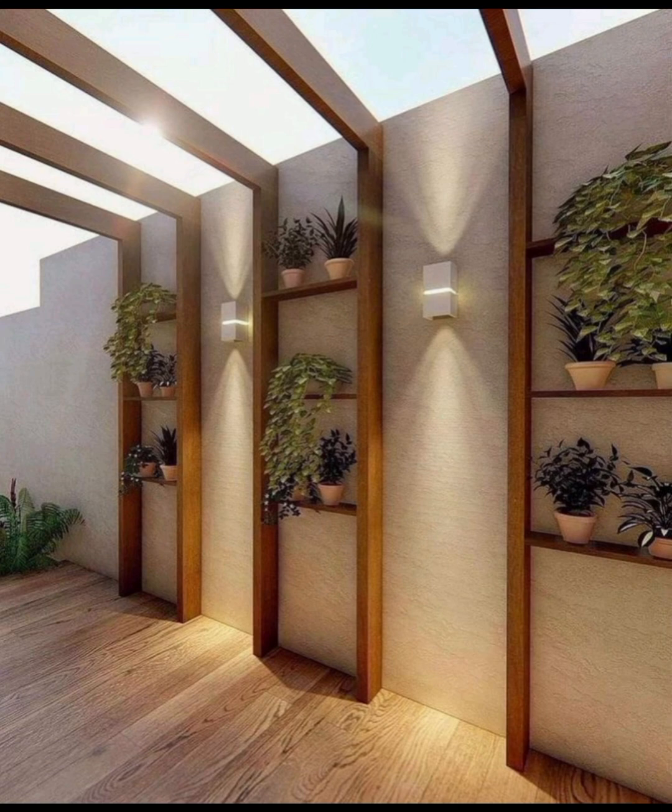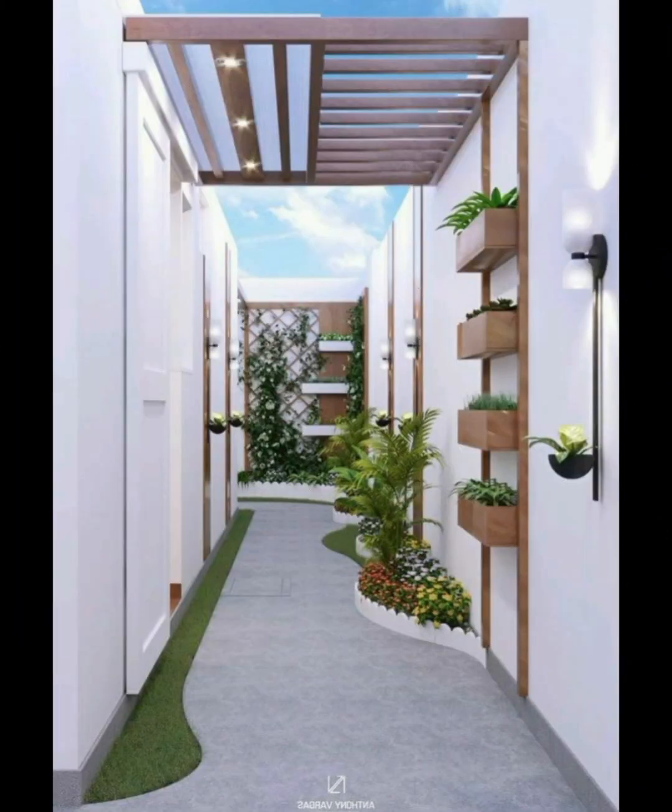Focal points are those that include eye-catching focal points like sculptures,